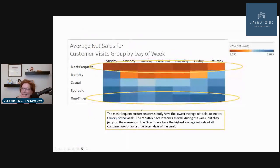Okay. So the other one that I absolutely loved, and this would blow away any business owner, is your average net sales. Again, this is not rocket science. I have done no rocket science here. I have done more or less exploratory data analysis or EDA with a little bit of QA because some things just didn't look right. But here I'm taking an average, that's it. And check out